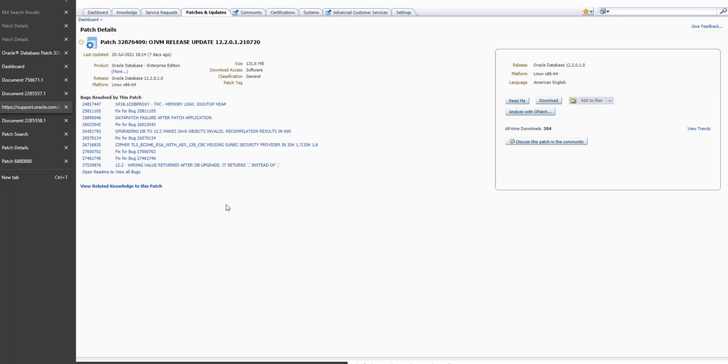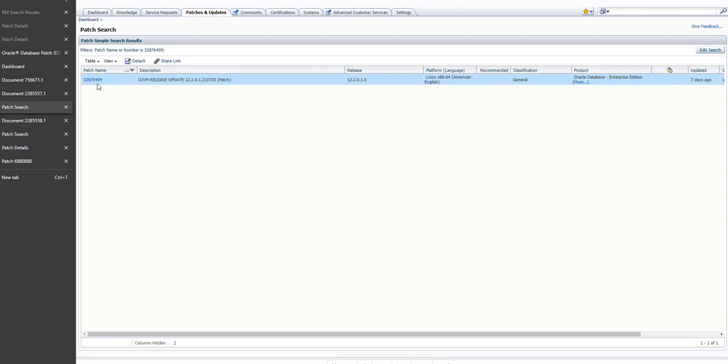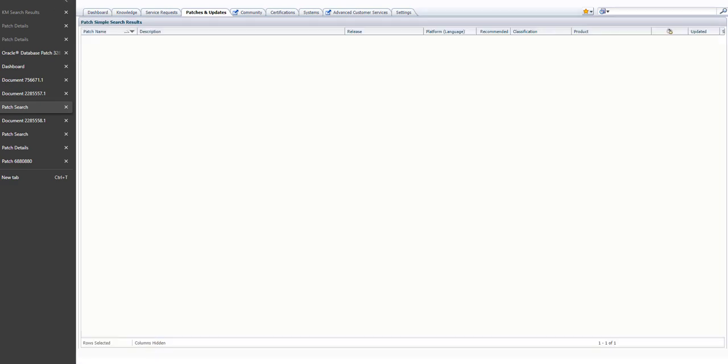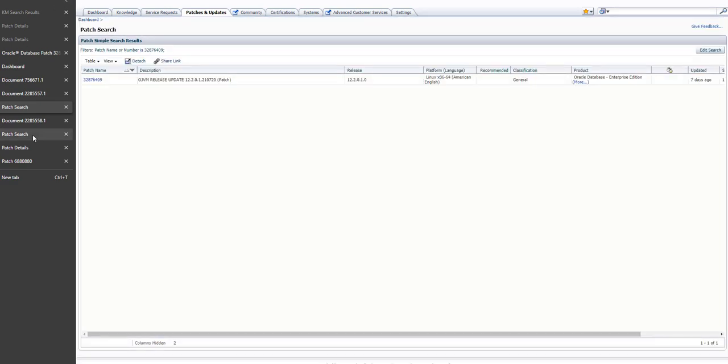Click on this one and it will open, and you can start the download. This is the OJVM for 12.2, so let's go back.